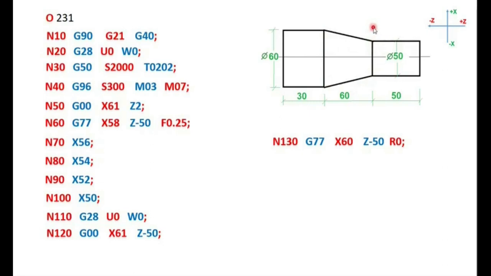So first R is 0. So I am not giving any exactly at this point. Then R minus 2, so 2 mm depth along this curve is removed. Then like this 4 mm. Then next 2 mm is removed, and then next 1 mm. So how you achieve this 5 is, if you subtract this 2 and divide by 2, that is radial, it is 5 mm. So at last R5 is removed.